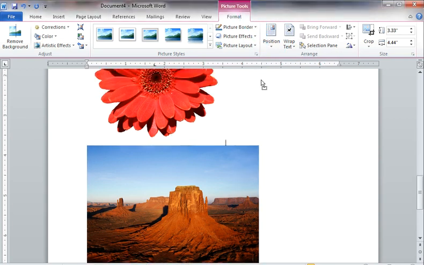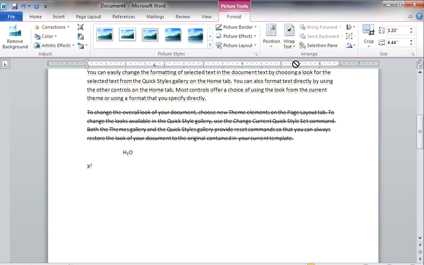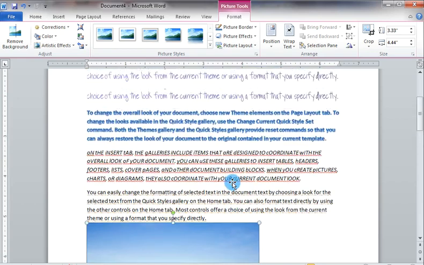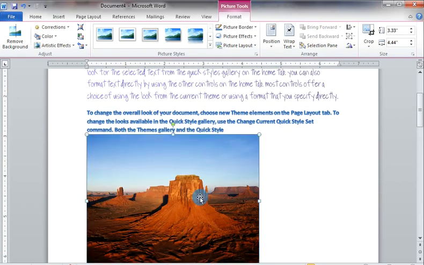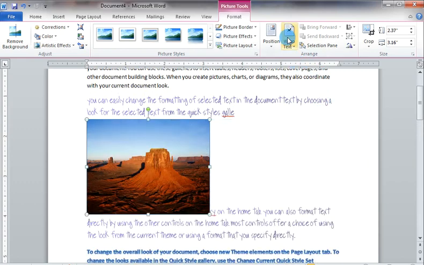Let's see how to apply wrap text. So look at the picture.